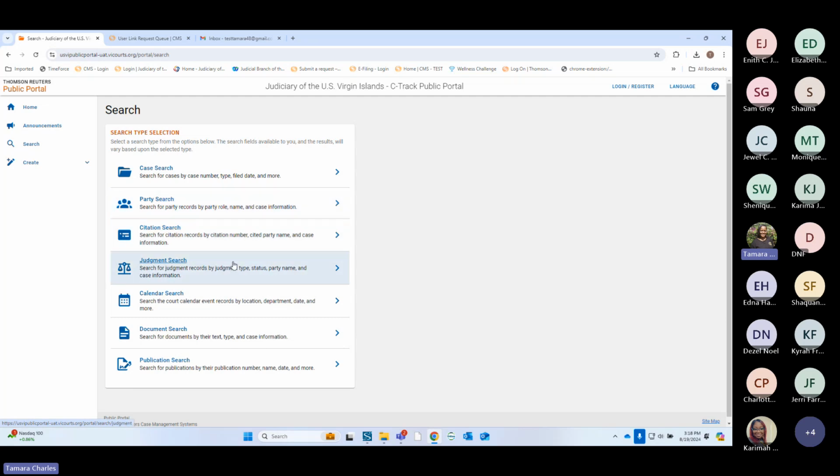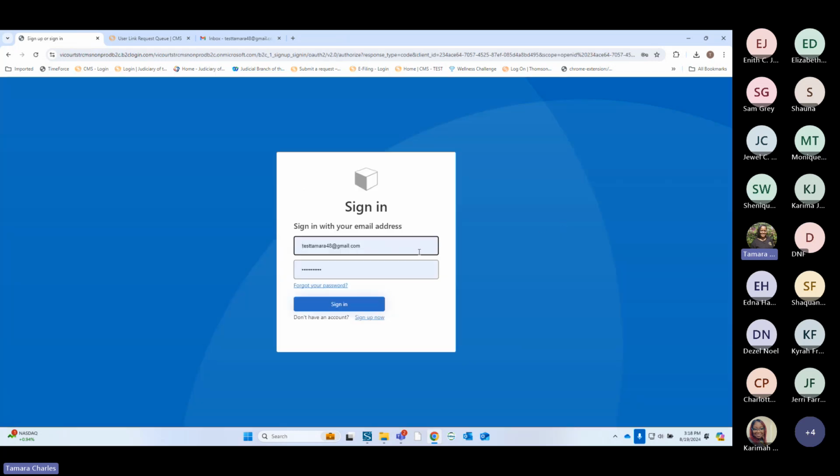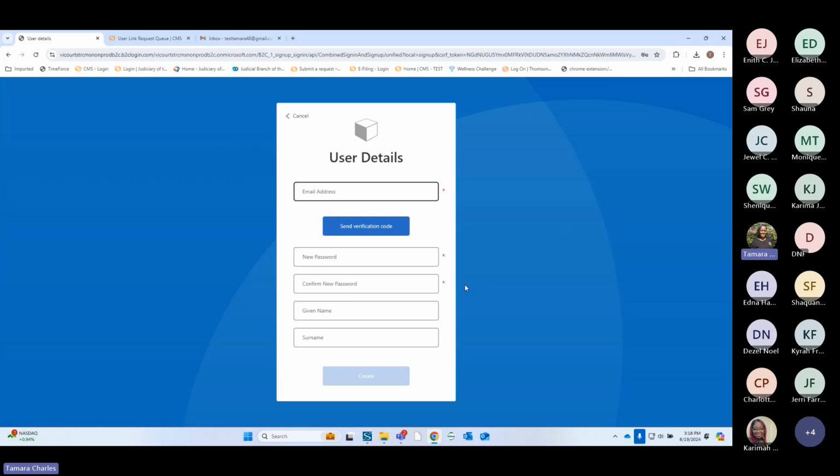However, for you, those of you in the law firms and your organizations and agencies, you will most likely not be using this as a public portal. So you need to log in or register. Unfortunately, we're going to have to ask for you guys to re-register to be able to get into this environment, because it is different. It is now going to be where you have an email address for logging in.